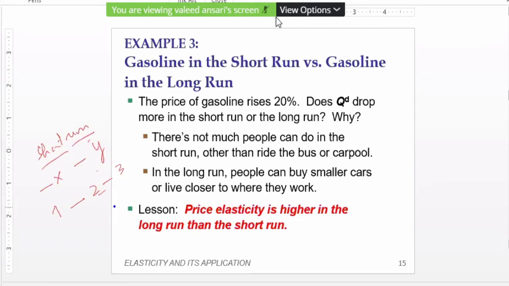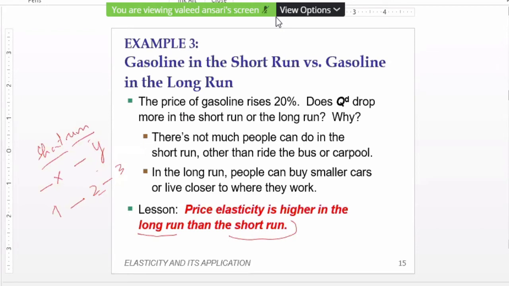The greater the length of the period, the more elastic the demand will be, because people will search for an option and may find one. So if you calculate price elasticity at two different points, the length of the period affects that. In the long run, demand is more elastic in comparison to the short run. I am not talking in absolute terms, I am talking in relative terms. Naturally, in the long run, the reaction time, adjustment, and shift to other products can be done easily, whereas in the short run it may not be possible.